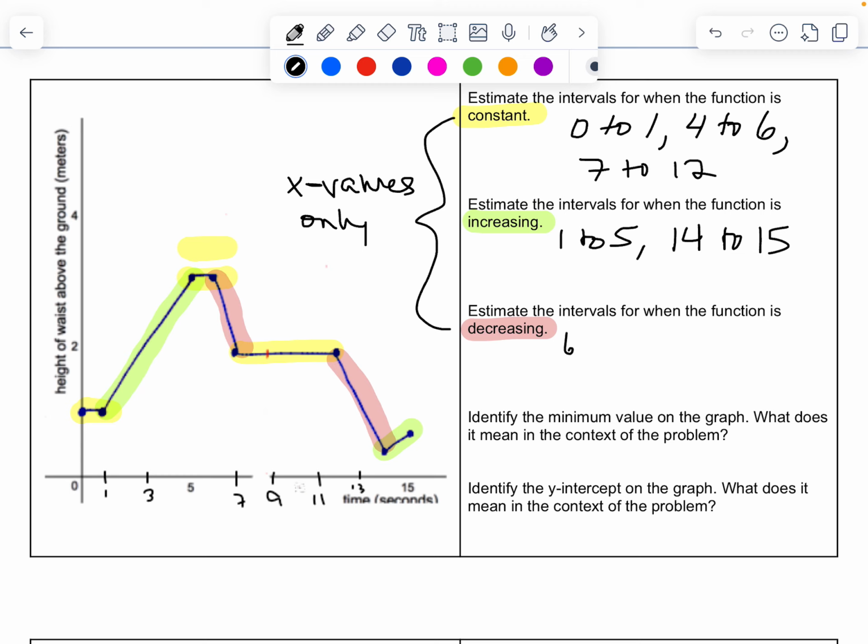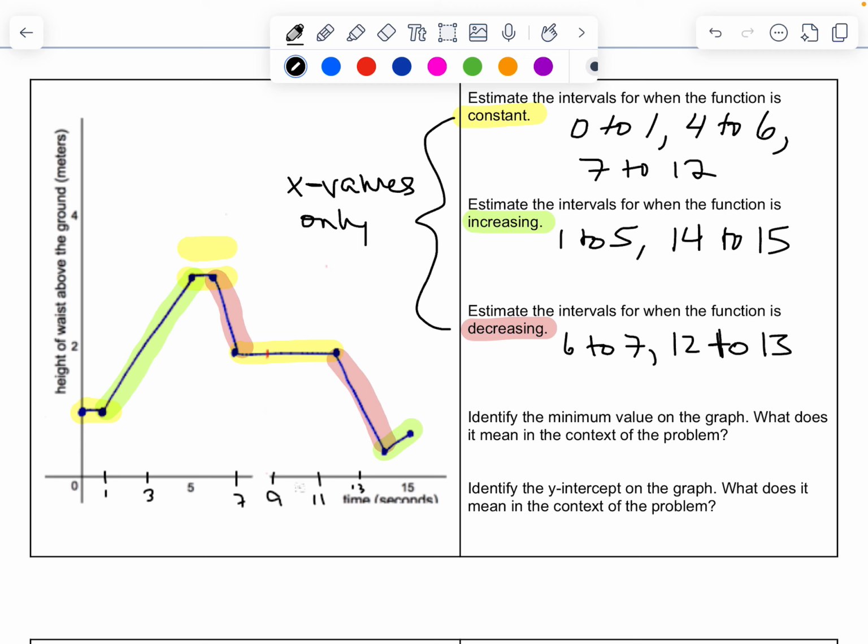I see one 6 to 7. And then I see one, I think I'm going to call it 12 to 13. And again, those 3 questions, I'm focused specifically on the x values when I'm talking about those intervals